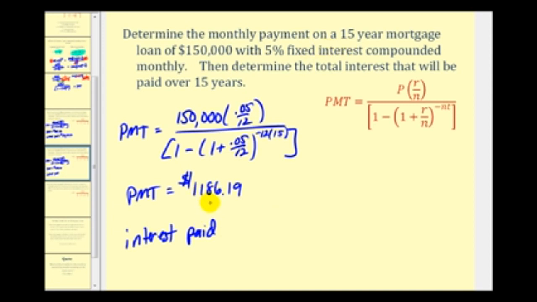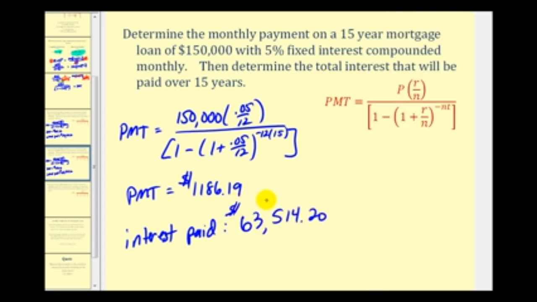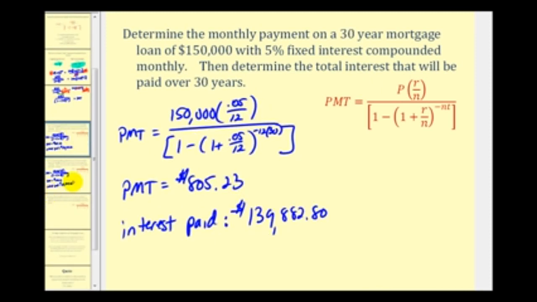Let's also compare the interest paid over 15 years compared to the 30-year mortgage. So we'll be making this monthly payment for 15 years, or 12 times a year for 15 years. So here's the total amount paid over the 15 years, and then we'll subtract out the loan amount, and that'll leave us with the amount of interest paid. So we'll be paying $63,514.20 of interest over the 15 years. Again, comparing this to the 30-year mortgage, we'll be paying over $70,000 more of interest if we select the 30-year